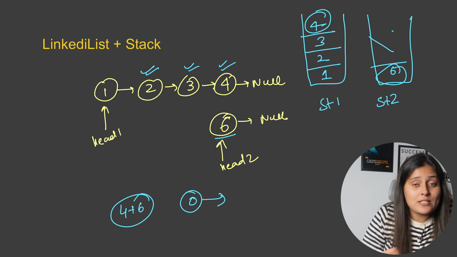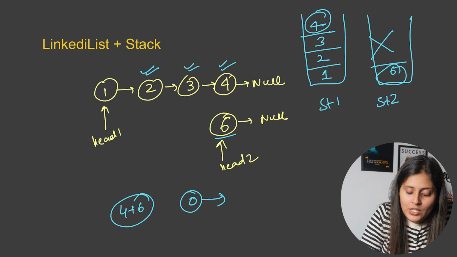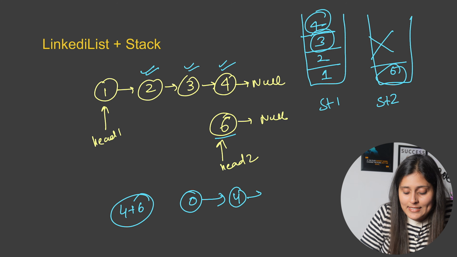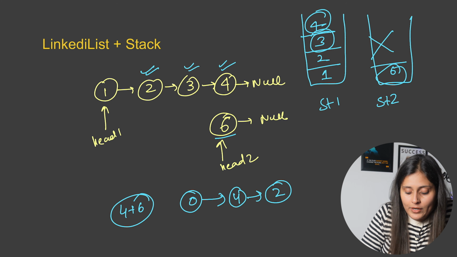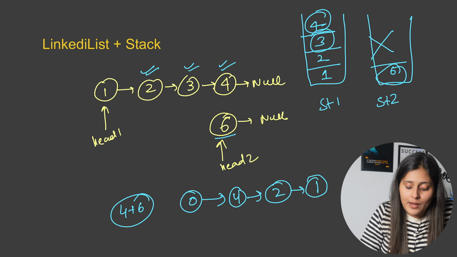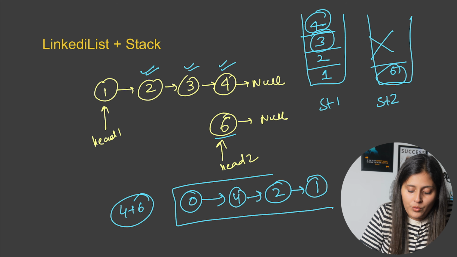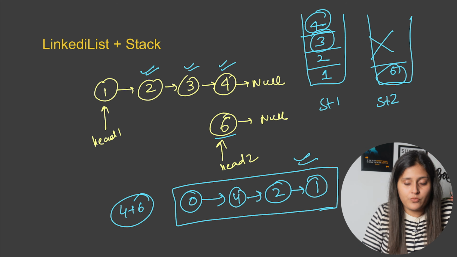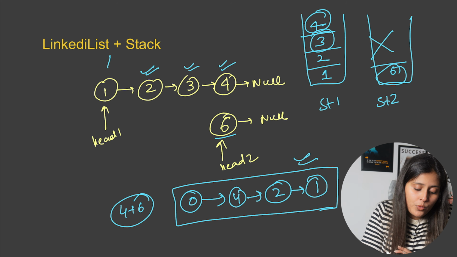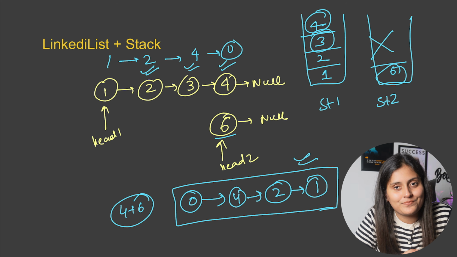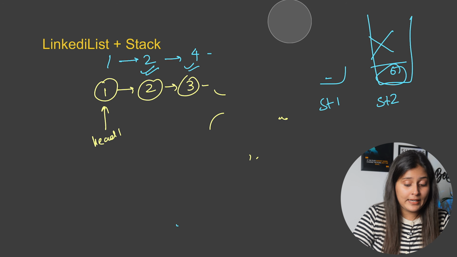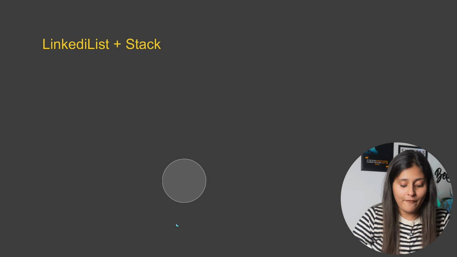Next time stack 2 does not have anything. So 3 you will pop, and 3 plus 1 carried forward, you will make 4. Next time you will pop 2, no carry forward, next time 1. So now your number is 0, 4, 2, 1, and this time you have to reverse it, making it 1, 2, 4, 0. And 1, 2, 4 and 0 will be your final answer. So this is how we have used a stack data structure with a linked list to solve our problem without in-place.